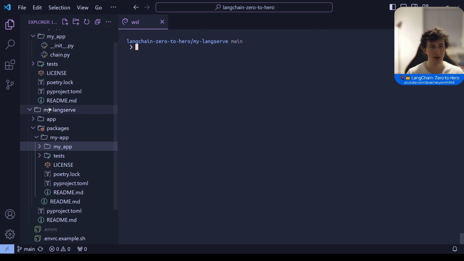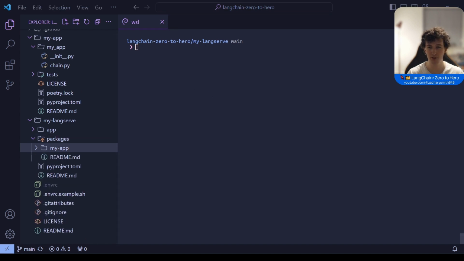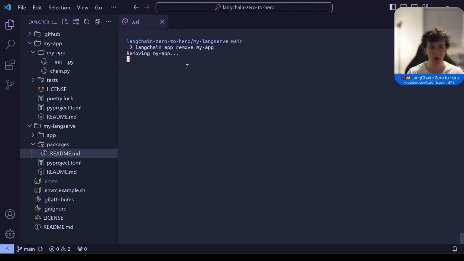Opening a terminal inside our LangServe app, the first step is actually going to be removing the MyApp package from our LangServe project. We can do this using langchain app remove and then the name of our component, MyApp. Removing this, you'll note that our packages directory is now empty except for the README file. What we now need to do